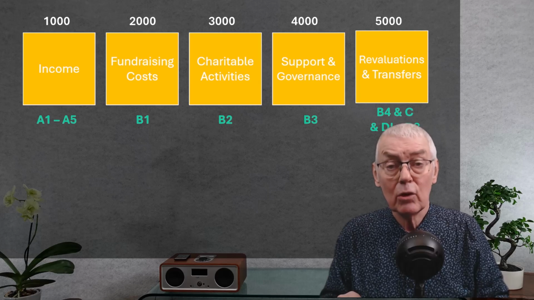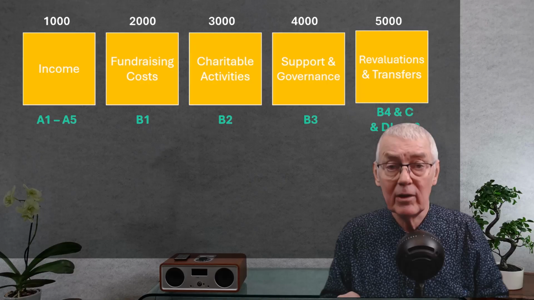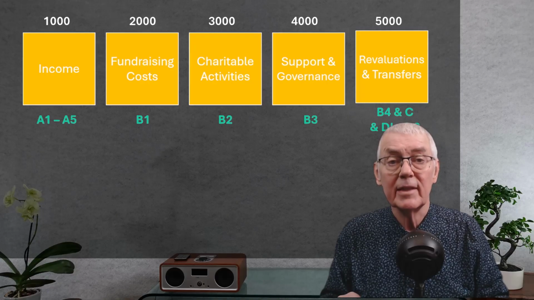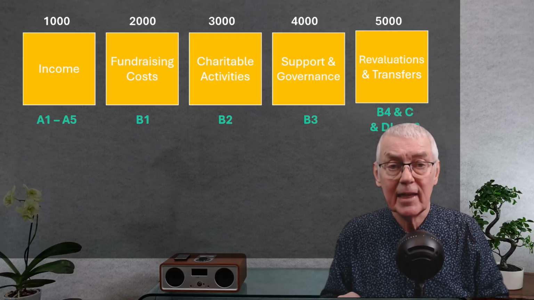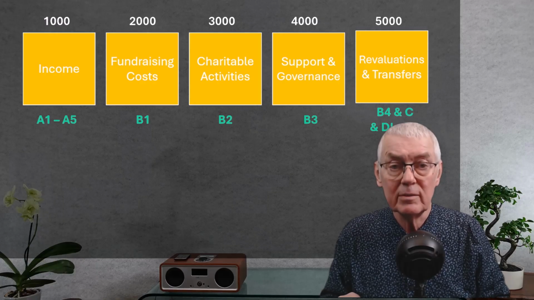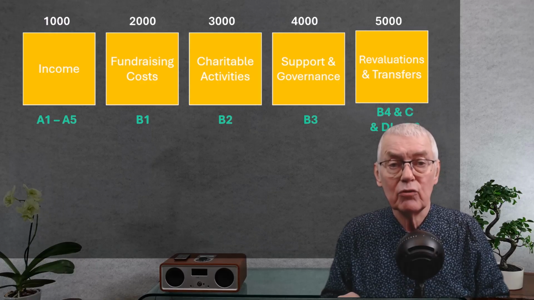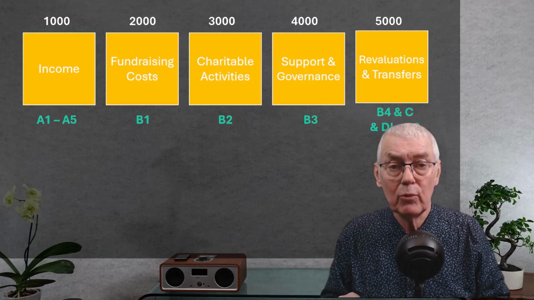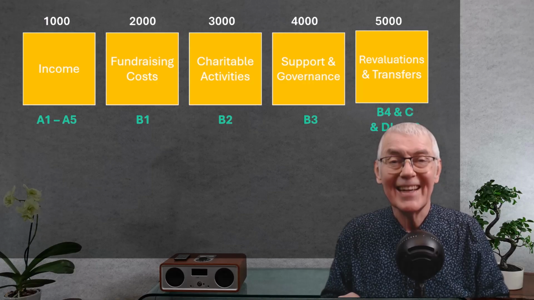Now this is contrary to the tradition set by PwC and Sage 50 a very long time ago, when they started their chart of accounts with fixed assets numbered at 0. But it's contrary with good reason. Your chart of accounts should read like a book, and the most important page in the financial book is income.